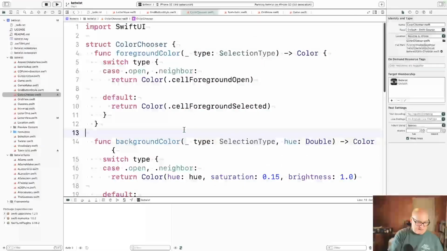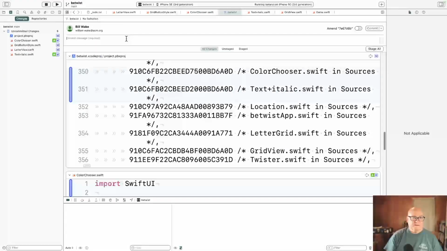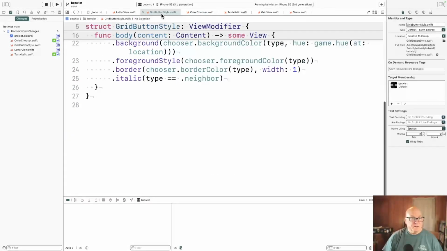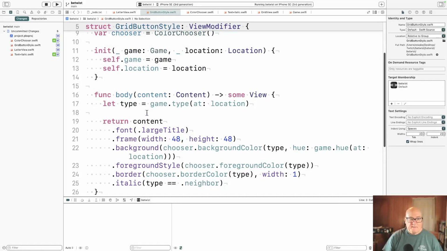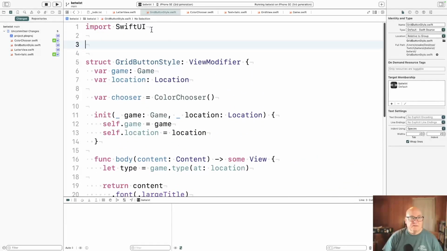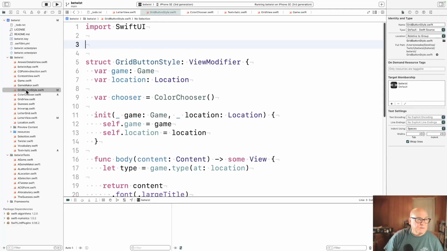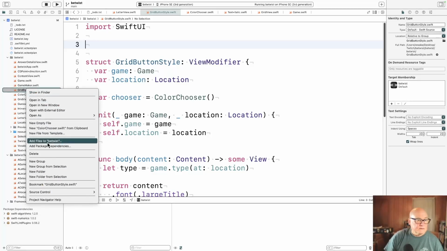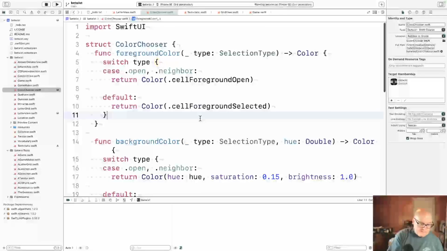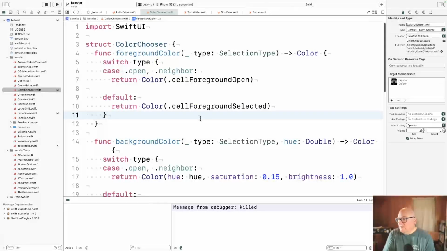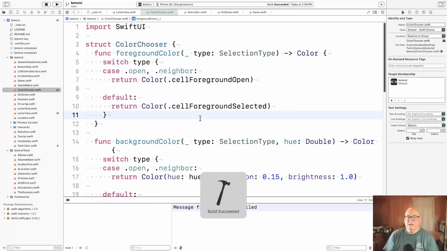So we just extract... Well, actually, we're not done, are we? Let's delete grid button style. It is nothing useful now. Grid button style, delete. Make sure it still builds. Yeah, just like some variation. I don't think it's a